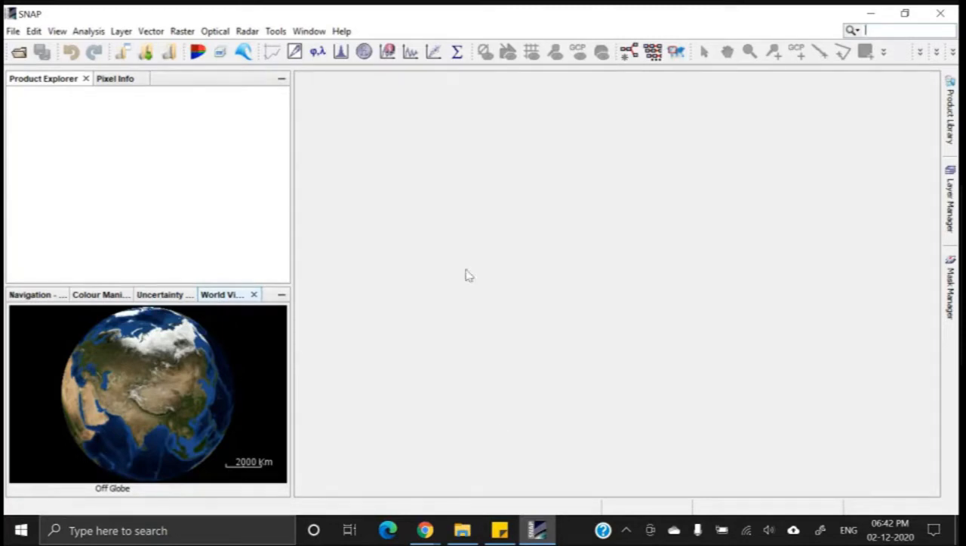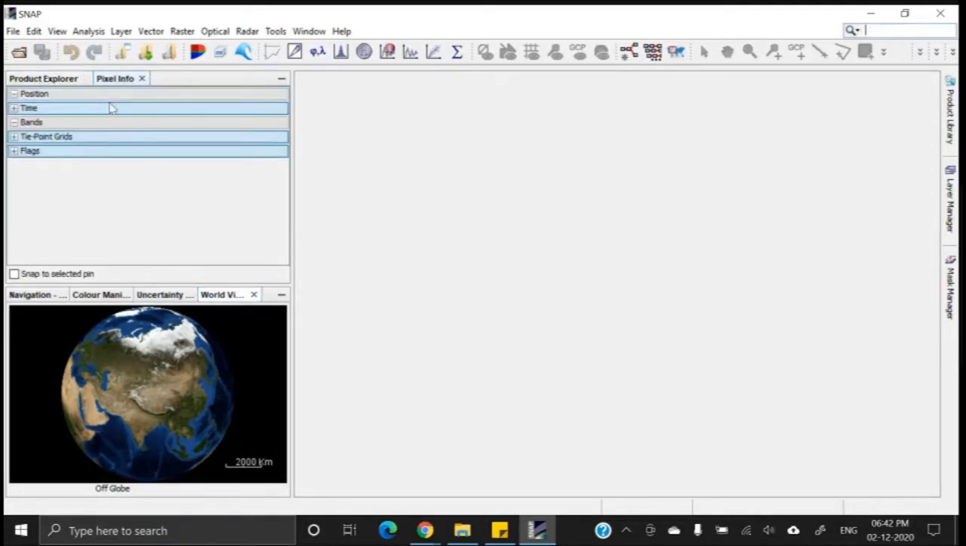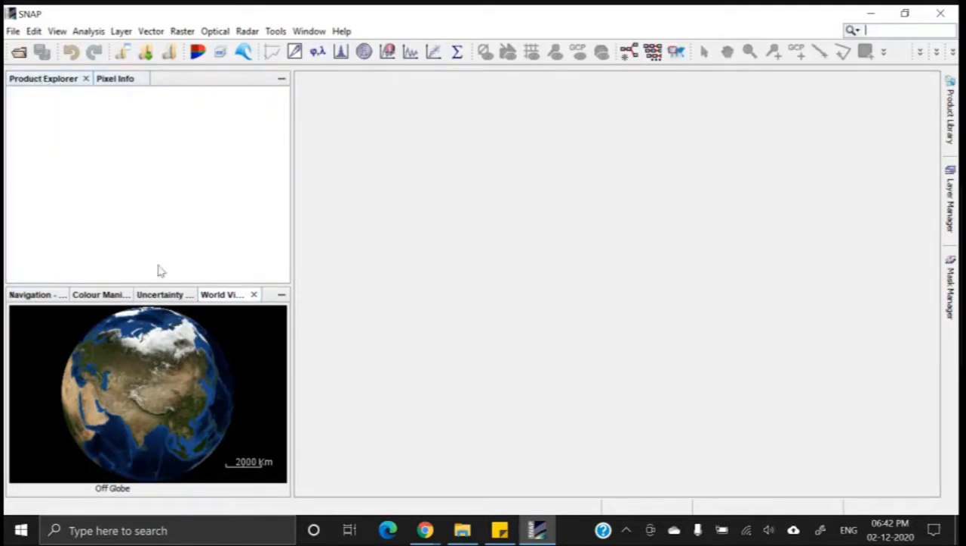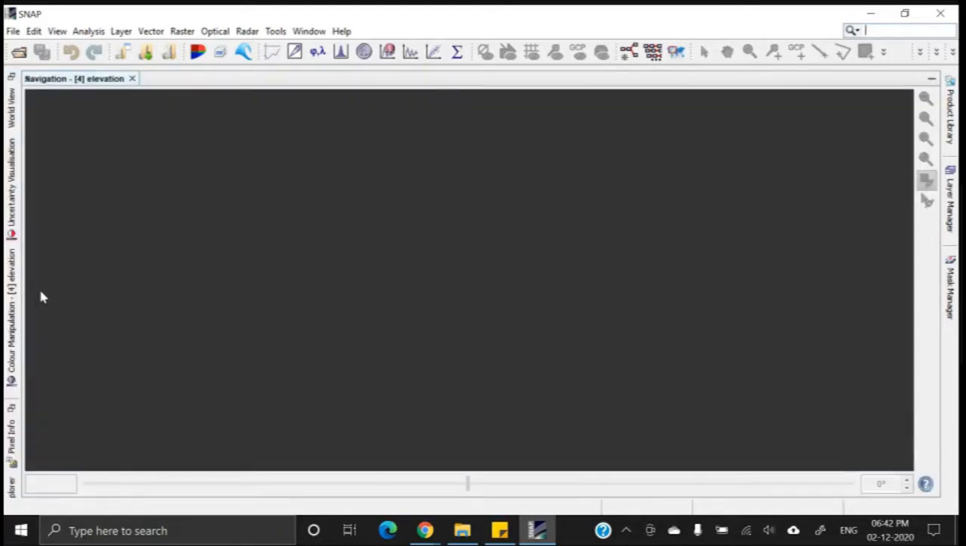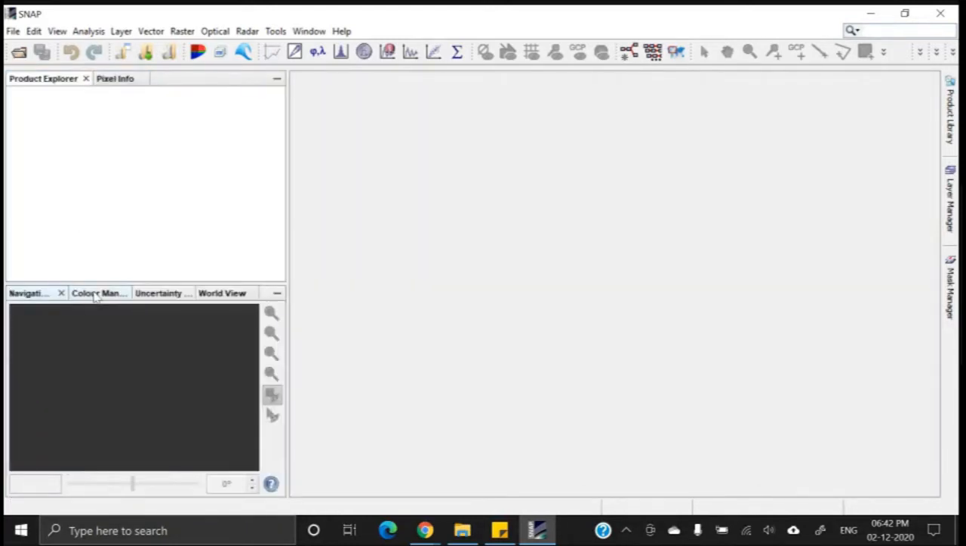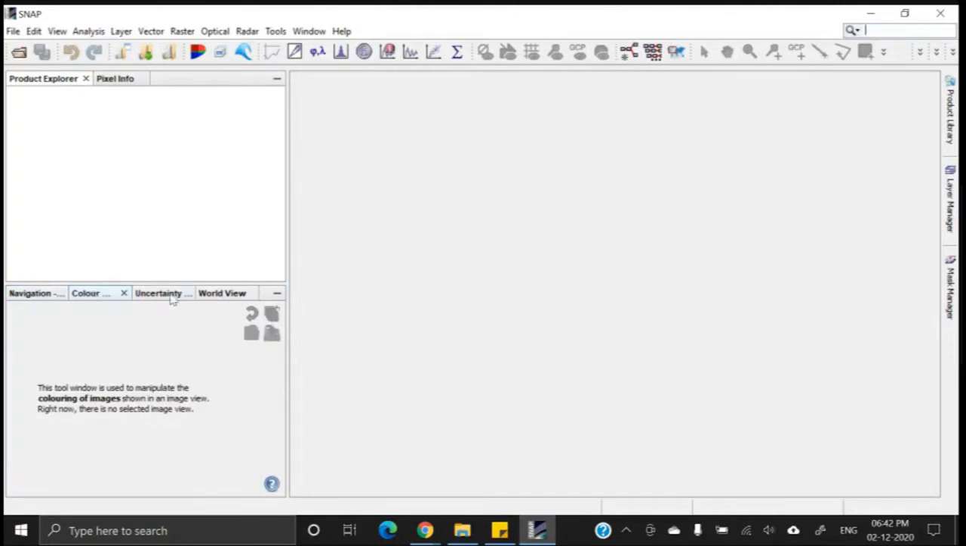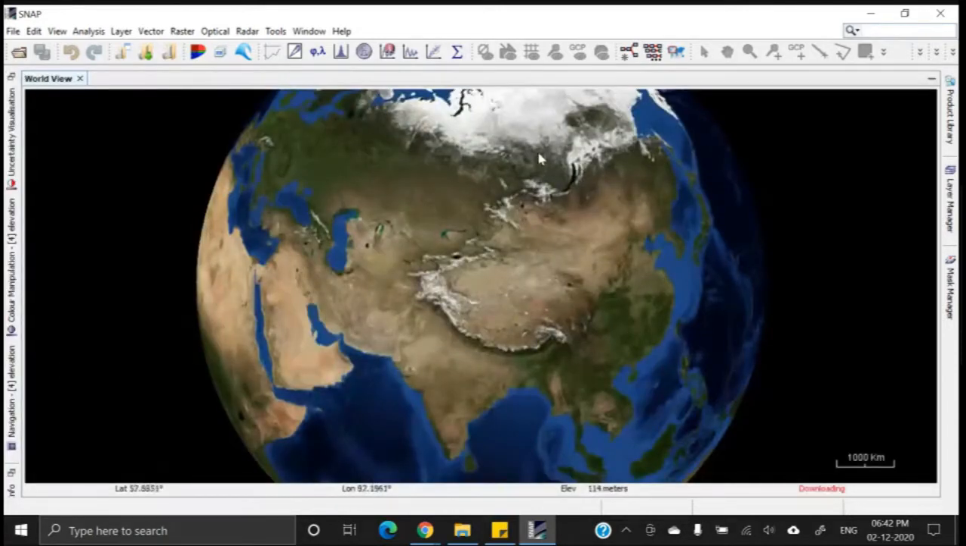Now see, in the first look of Snap, this is the title bar, then we have the menu bar, then we have the toolbars, then here we have the product explorer pane, then pixel info pane, then here we have the navigation pane. Okay, then we have color manipulation pane, then we have uncertainty information tab, and then we also have the world view tab. Okay, now see,